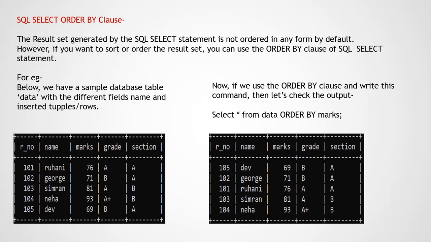Now one more important thing is that we have not given which order it should follow. The marks are being arranged in ascending order even though we have not written anything about ascending. By default, if you sort a particular column, it sorts in ascending order. If you want the result in descending order, you have to mention order by descending, and then it will convert the order into descending. I think that's clear to you. This was the theoretical approach.